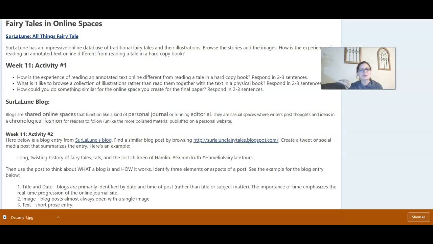For our first project this week, we're going to be looking at online databases. Sur La Lune, All Things Fairy Tale, is this really impressive database of online fairy tale resources. It has annotated tales, illustrations, blogs, lists of secondary sources, and stuff you can buy. So, we're going to go to this site and we're going to not just see what it has to offer,